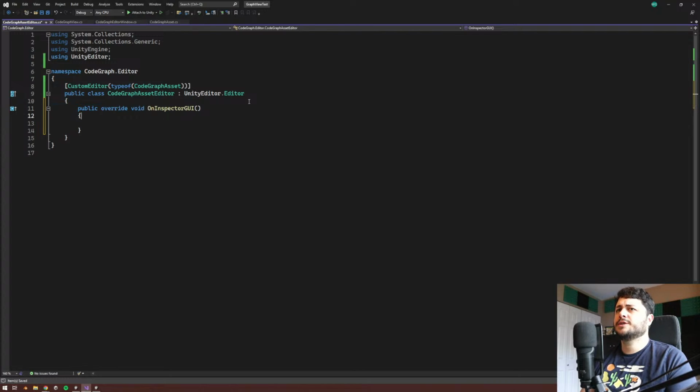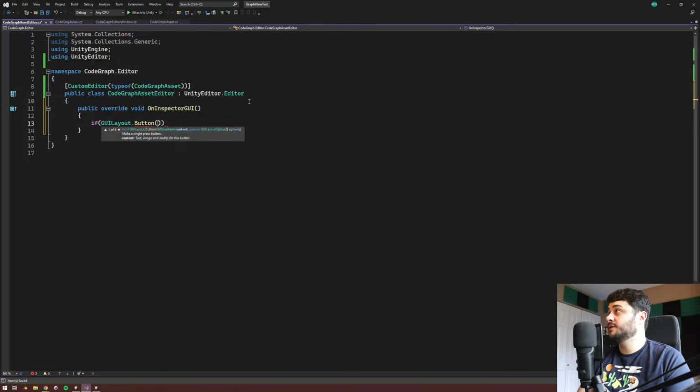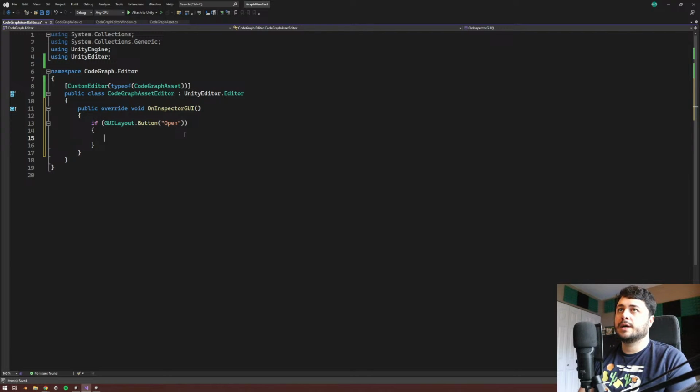Should be fine. We can just do if GUILayout.Button, set, I mean, I still write default GUI stuff because sometimes it's just easy. Let's go Open. And then we just call CodeGraphEditorWindow.Open, and then code graph asset